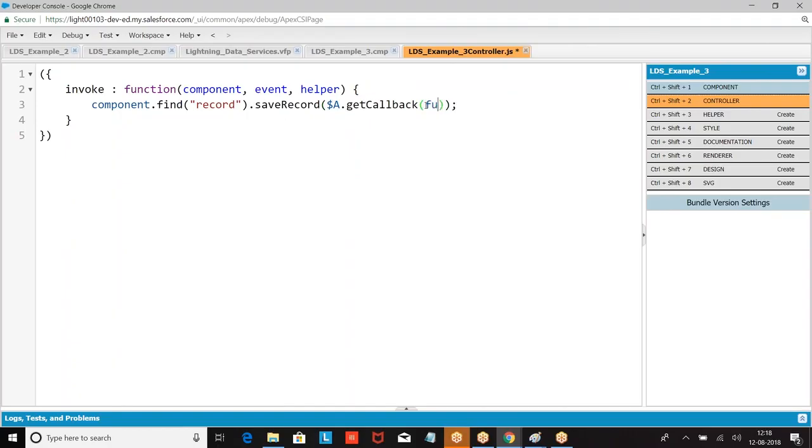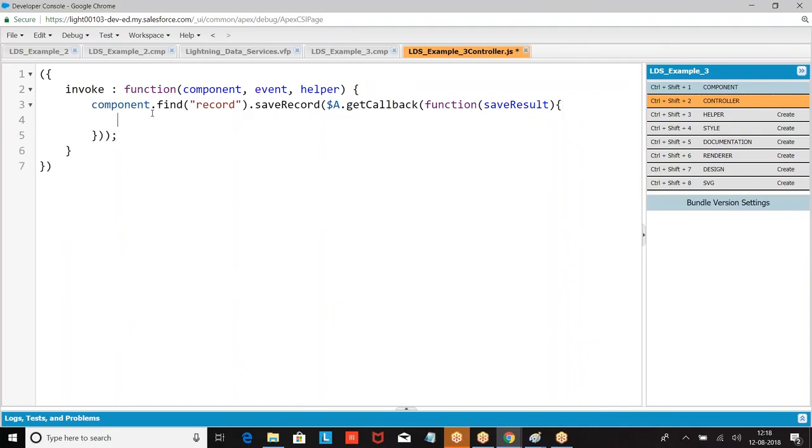Within the callback, what are you supposed to write? Function saveResult. So check the proper closing. Outer close, this one. This, okay. They're properly saved.